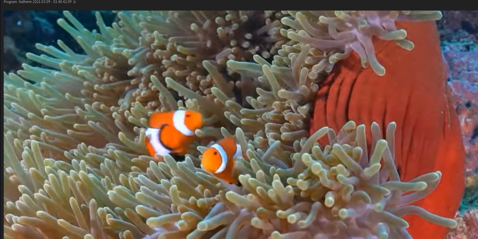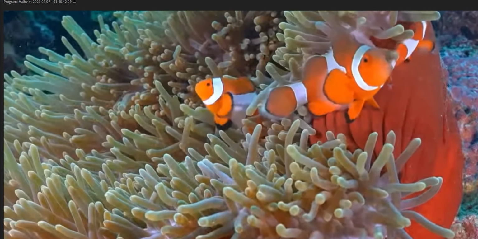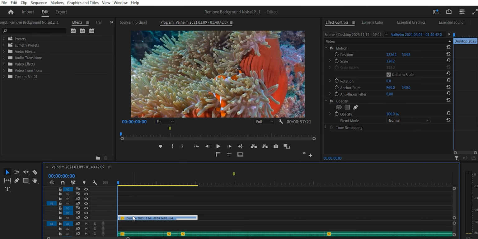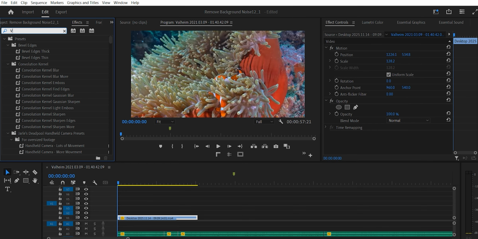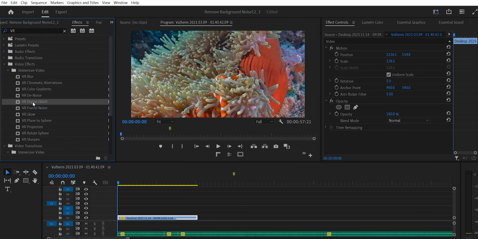I want to show you how to create this glitch effect inside Premiere Pro. So to get started, I've just added a video to my timeline that I want to add my glitch effect to. Go over to Effects and find the VR Digital Glitch and drag it on top of our video clip